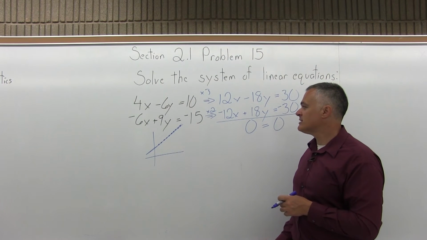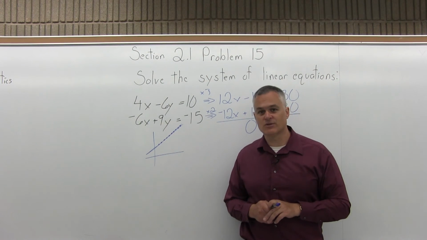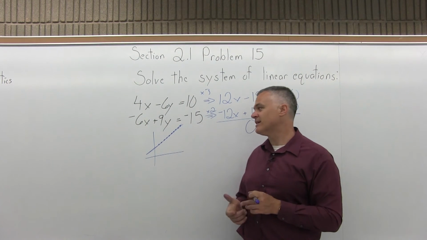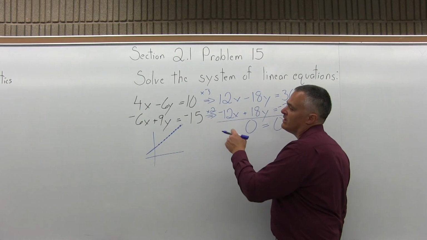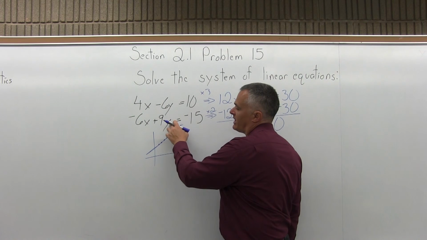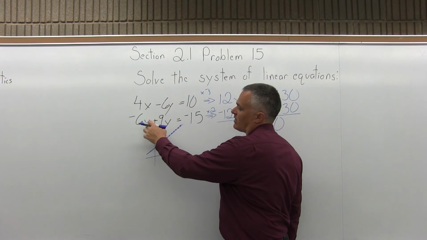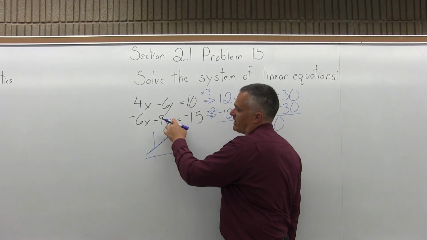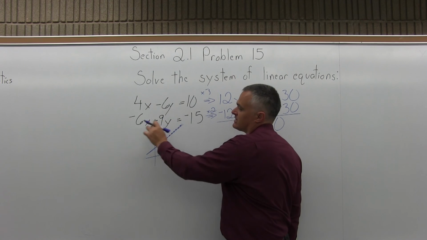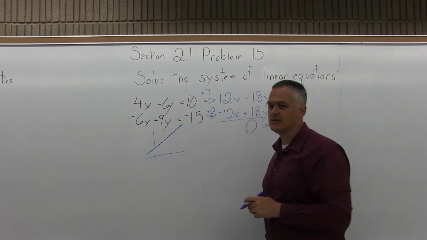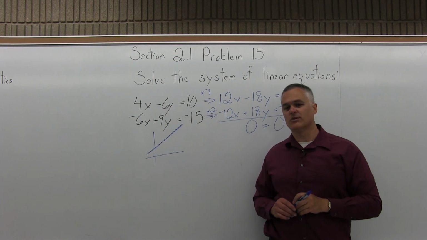And some books write this in a variety of ways. For this class, if you say infinitely many solutions, that's enough of an answer. But what they say is you can let y be anything you want, and then based on that, you can figure out what x would be. So you get to choose a y, they call that a parameter, and you can figure out your x. So some books will say pick an x and you can figure out the y. Essentially, it's the equation of one of the lines. But you have an infinite number of solutions.